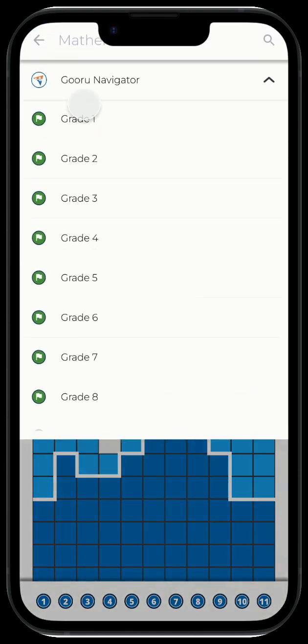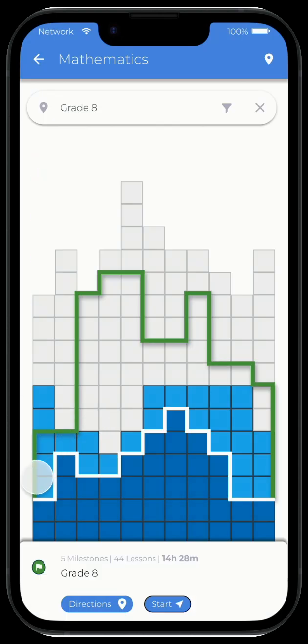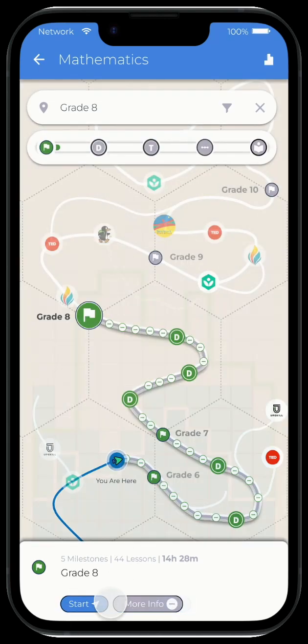The learner can choose what they want to learn. In this case, this learner wants to get to grade 8 math. The thick green line identifies all the competencies that this learner has to master in order to complete grade 8 math. The learner can ask for directions, and what MyGuru generates is a personalized pathway from their current location